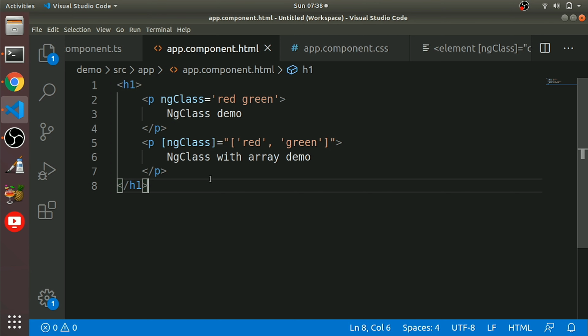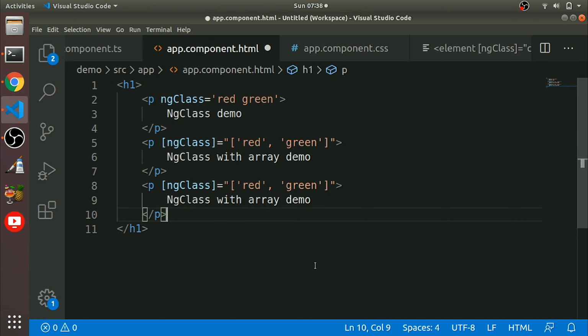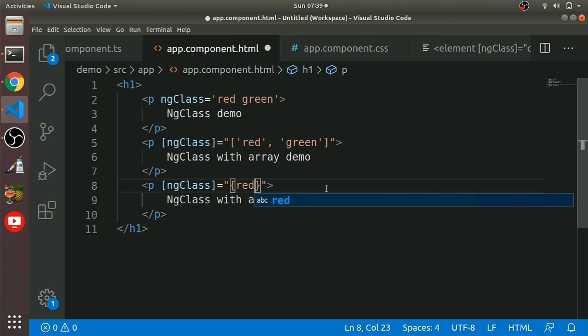Next we will have ngClass with an object. The syntax will be like this. You need to put an object over here like this. This is the class name.